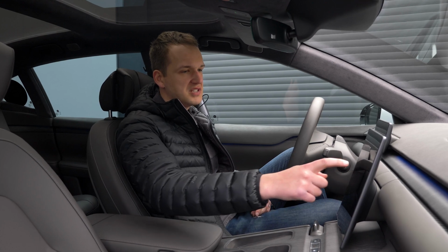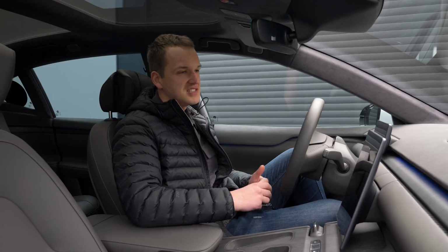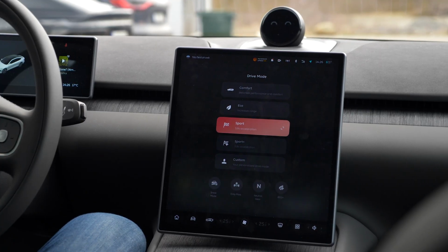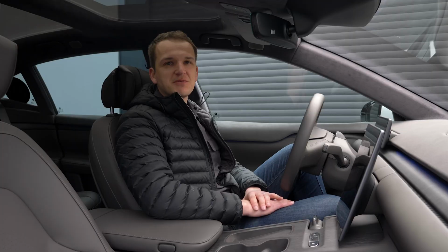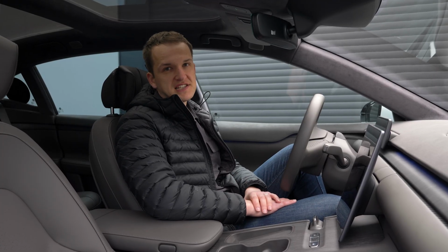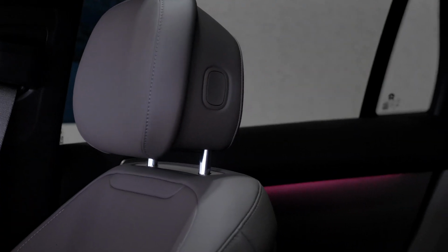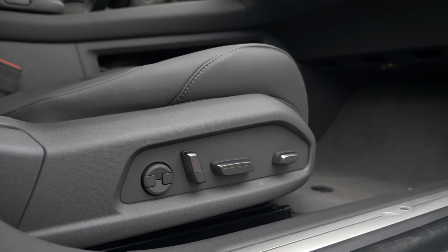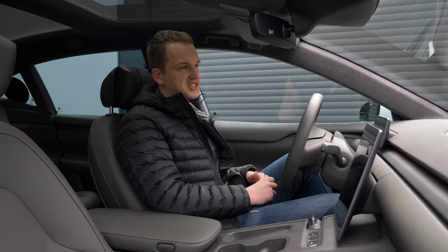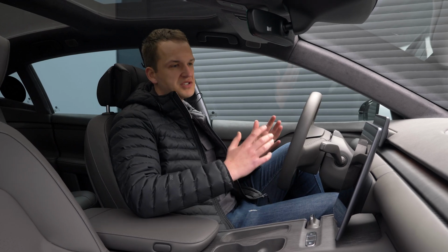Up here, you have all your different driving information, like your usage data and your efficiency information, and then you can go down here and you have all your different door and window settings. You can customize so many different aspects for the interior of this car, from your ambient lighting with different themes here. You can also fully adjust your seats up and down, and it's got full lumbar support, and the furnishings generally all around the interior of this car are really good and of a high quality, which helps make this